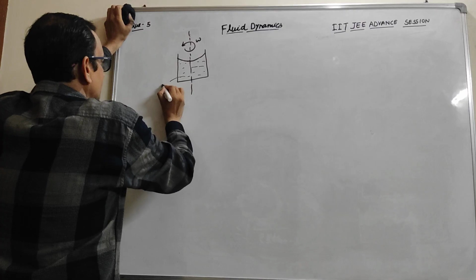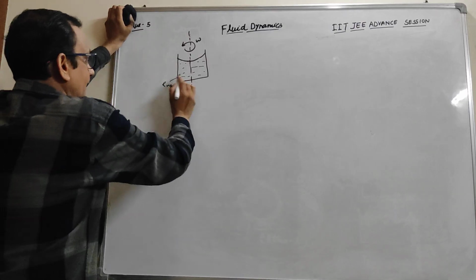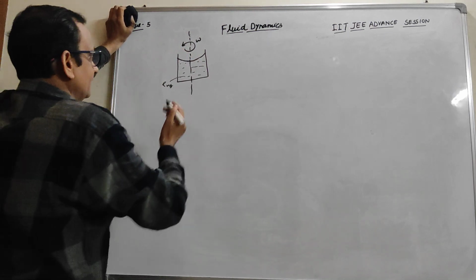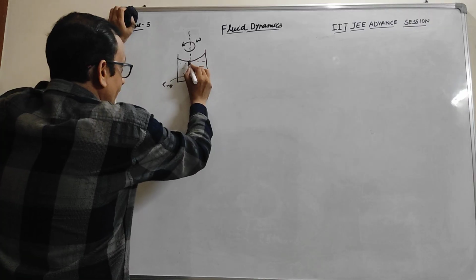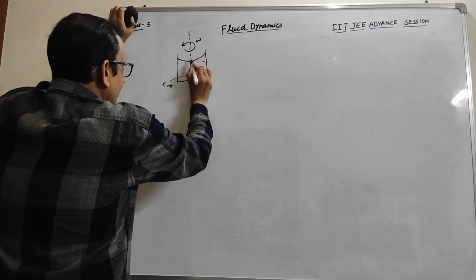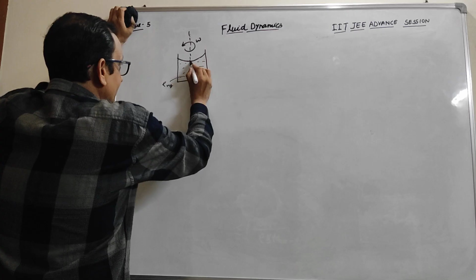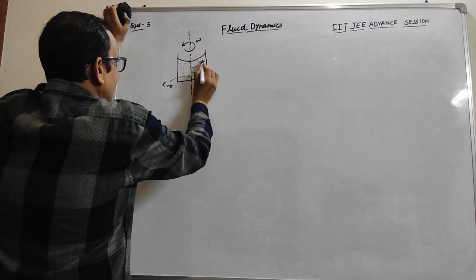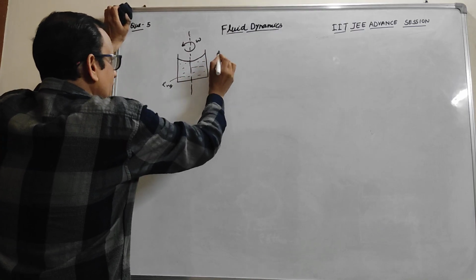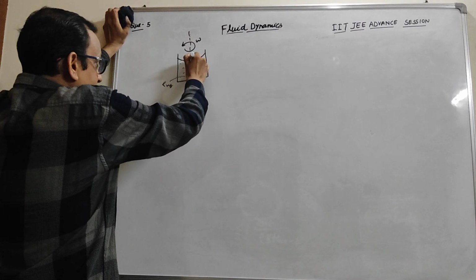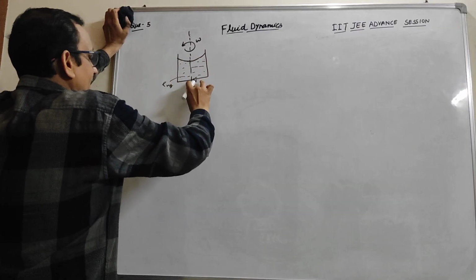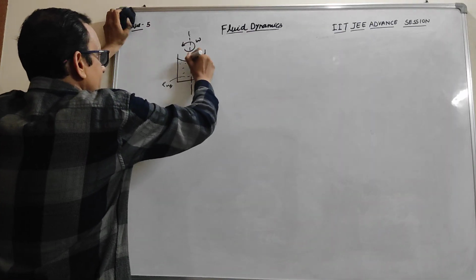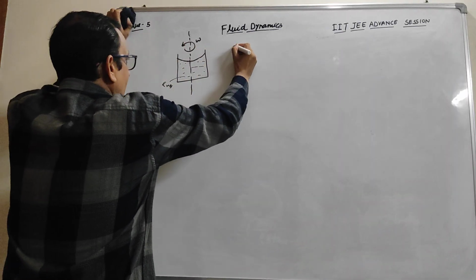We rotate this flask with constant angular velocity omega. Then moving from here to here, the pressure gradient changes proportional to r square, and moving vertically the pressure varies linearly. This develops the shape of a parabola,